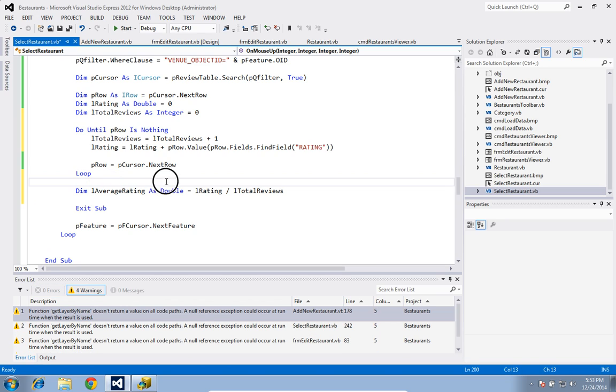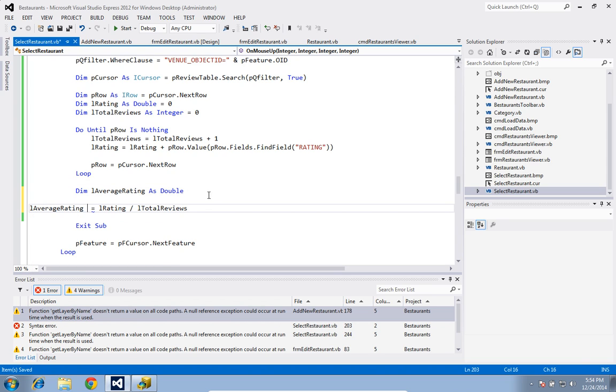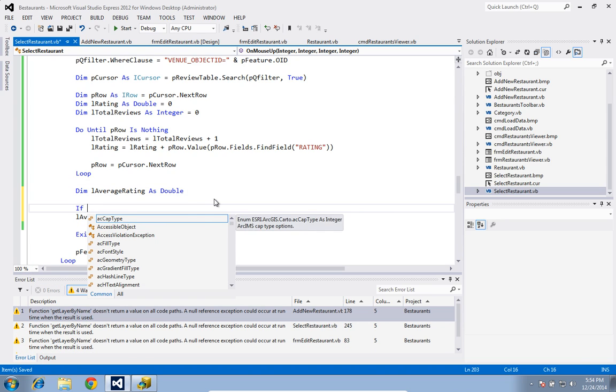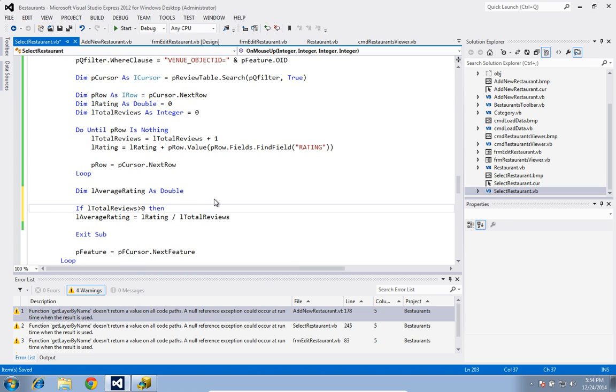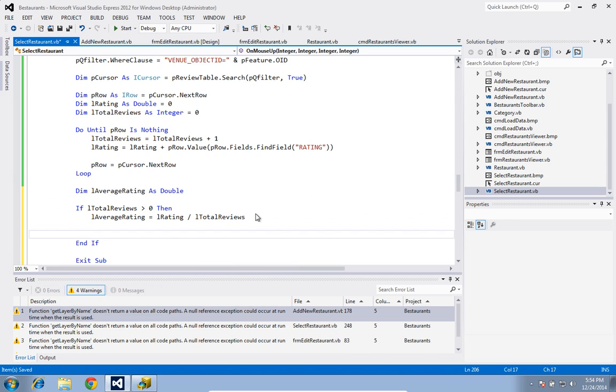So there is a catch here, right? If there is no reviews, then this will generate a big error, correct? L average rating, if it is greater than 0, then we do that. Once we do that,